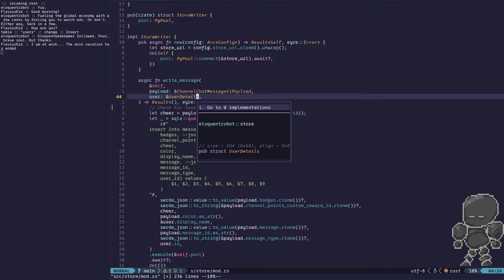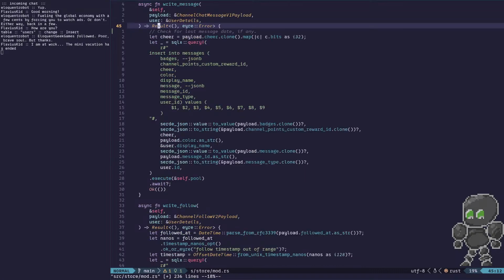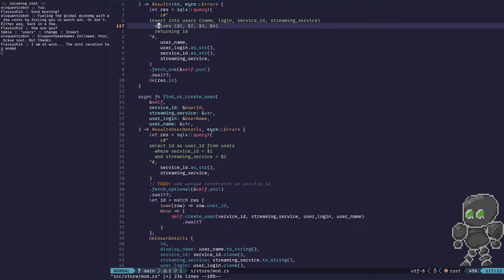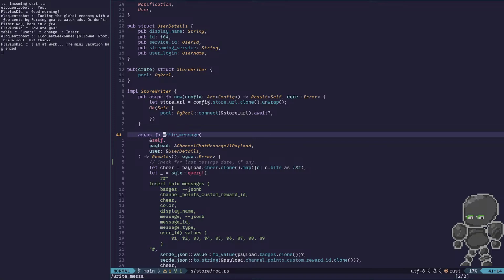So what's in user details? Display name, ID, service ID, streaming service, user login. Okay, so we're probably going to want to add to that. Would we want to add first message date? No. In fact, I don't even know why we would use that in that structure. Okay. So that's going to be something like